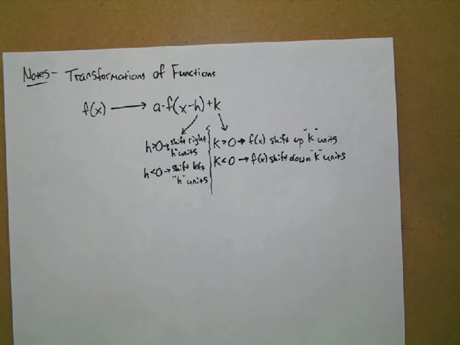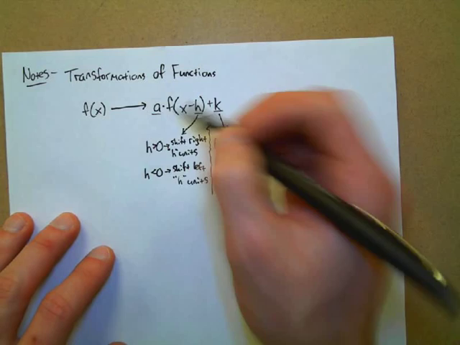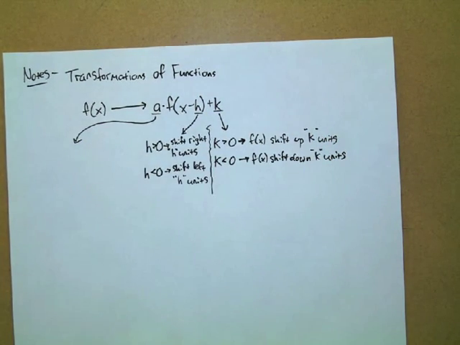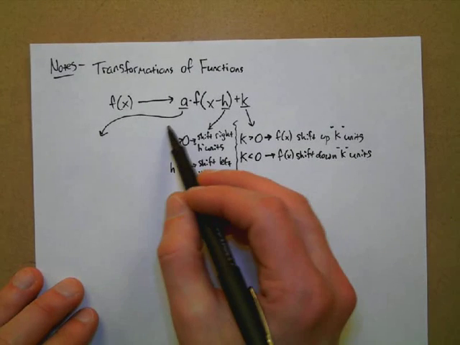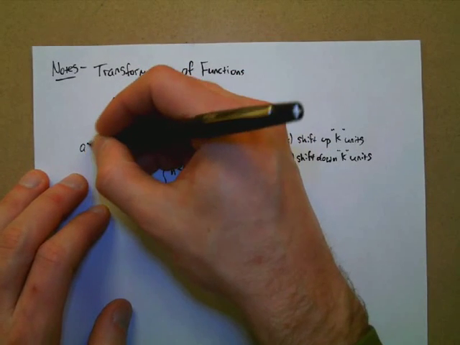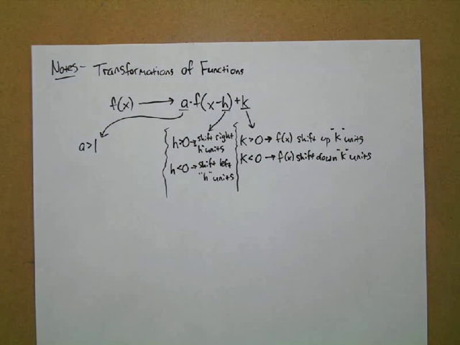All right. So now we're going to look at one more letter here, one more parameter. We talked about H, we talked about K. Now we're going to talk about A. What does A do? This is one that we did not talk about on Thursday. We skipped this one, so I'm going to do it over here. So, if A is greater than 1, we're going to multiply that function by something greater than 1. What that does is a vertical stretch